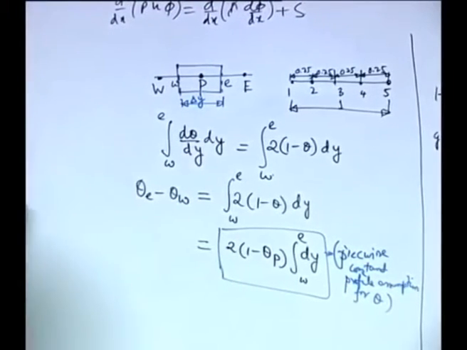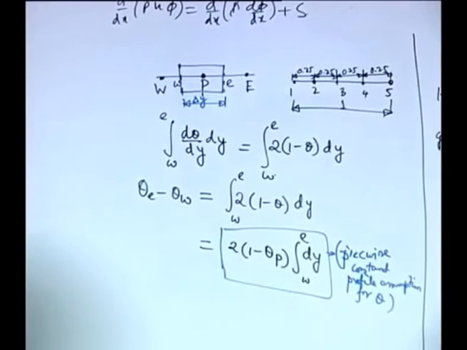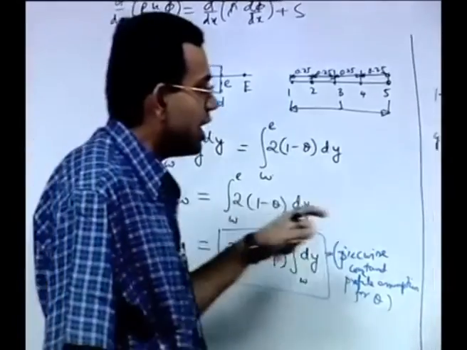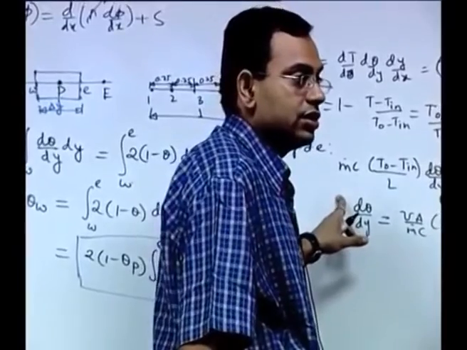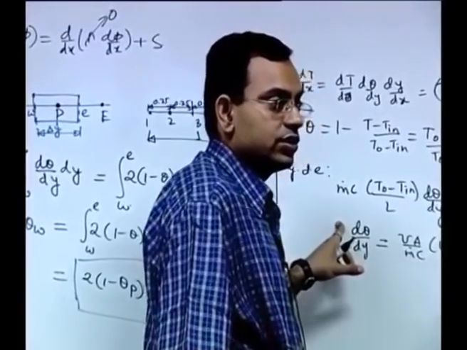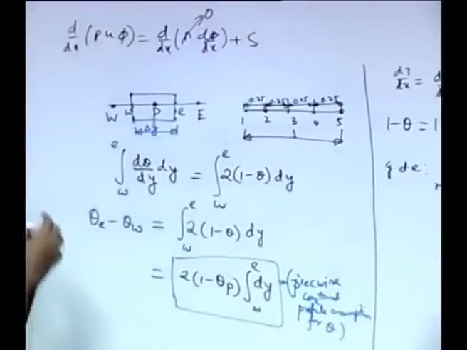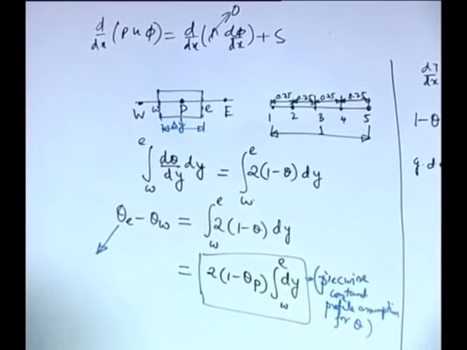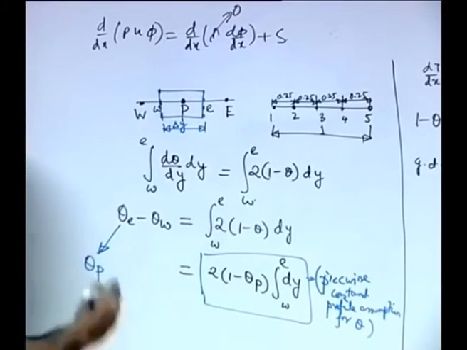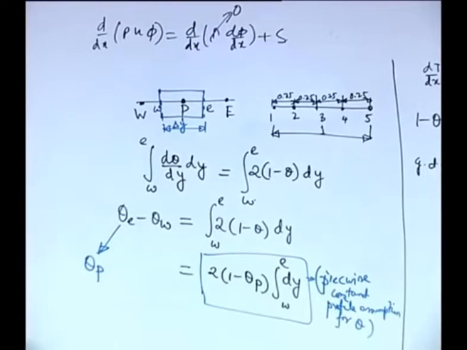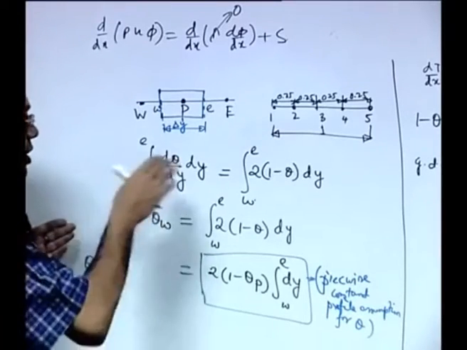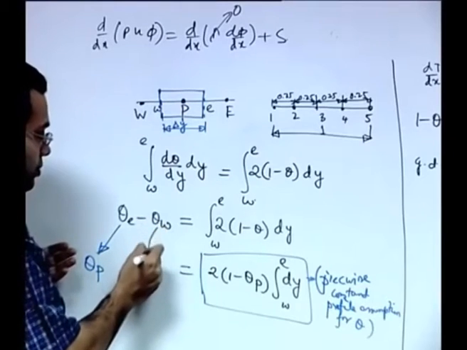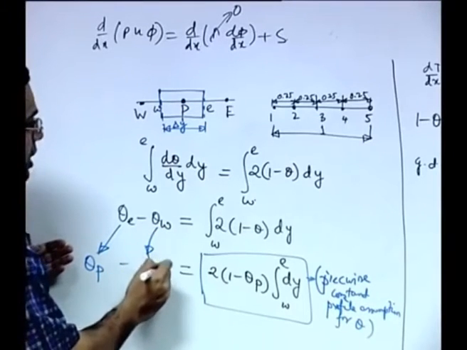So, in the upwind scheme, what is the flow direction here, positive y or negative y? Here you have just as if rho u equal to 1, so that means u is positive. So, you have effectively a flow in the positive y direction. So, what is theta e? Theta e is theta p, right. So, you can very easily make out, depending on the flow direction, theta e is upstream grid point value theta p. What is theta w? Theta capital W.